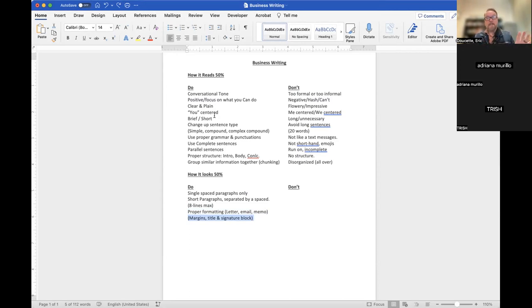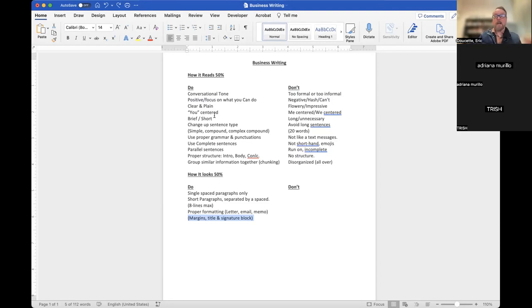And by the way, whenever you're drafting a memo, and if you're drafting any of these documents, don't just use the text box feature in Canvas. I want you to create a document, separate document in Word, Pages, whatever. I prefer Word because I can't read Pages documents in Canvas. But if you do a Word document, I want you to create a whole new document. I want you to create the email, create the memo, create the letter on the document. That way you can do all the things that are going to be required for how it looks. And again, margins, you can't do any margins if you just type in the text box. So I can't tell whether you know how to use them or not, but margins should always be there. So left, right, top, and bottom should all be technically 1 inch.